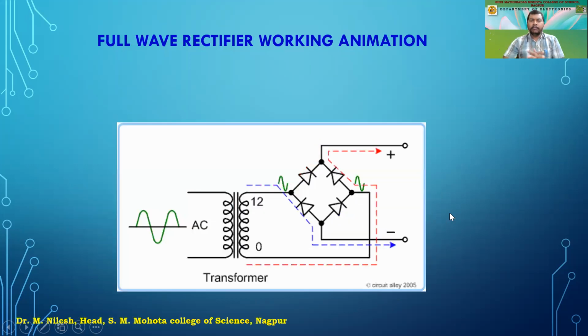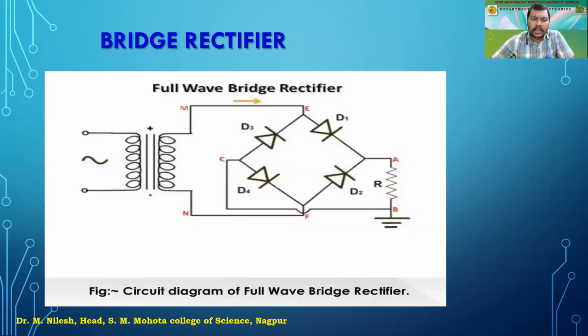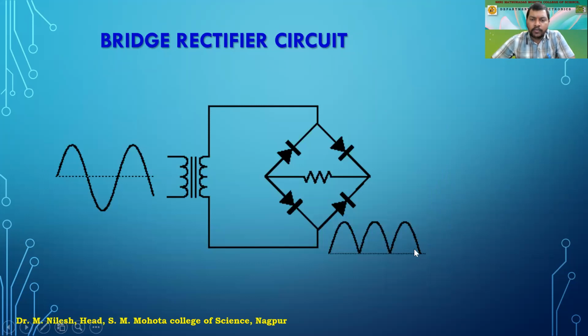And in the animation, you will be able to see a clear view of how the current is going to flow. This will remain positive itself. Both the cathodes, where they are connected, will remain positive. Both the anodes, where they are connected, will remain at negative potential, and the current will flow in this fashion. So during one half cycle, two diodes are going to be forward biased, whereas the other two diodes will remain in reverse bias. This is the animation again, and these are the waveforms that we are expecting to appear across the output.